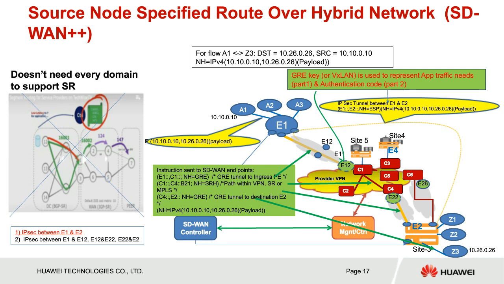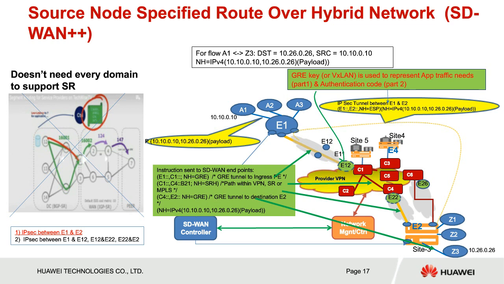So that is definitely useful for our case because from this perspective, for traffic from E1 to E2, even though E1 can make a decision on which ingress PE to use, it is difficult for the provider VPN to dictate which egress, how to exit the VPN, because both, for example, in this example, C4 and C6 can reach the destination. The typical network today can choose either one to reach the destination.